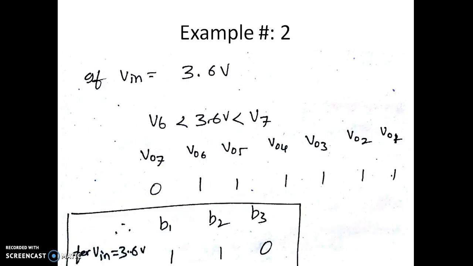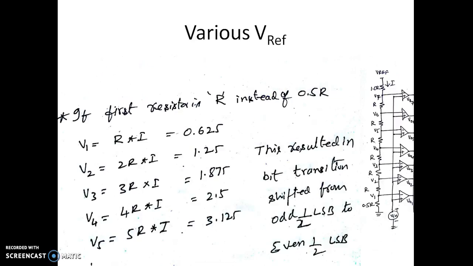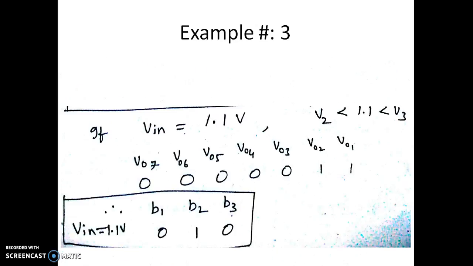LSB is 625 millivolts, considering V reference as 5 volts. So it is 1.5 into 625 millivolts, and here it is 2.5 into 625 millivolts. This 1.1